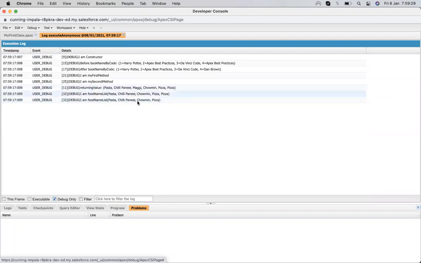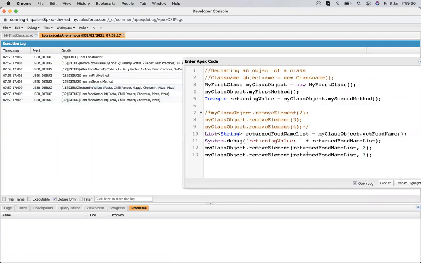Second element, and then what are the others? It first removed the Maggie, then it should remove the third element, from here 0, 1, 2, and the third one is pizza. Yeah, pizza.